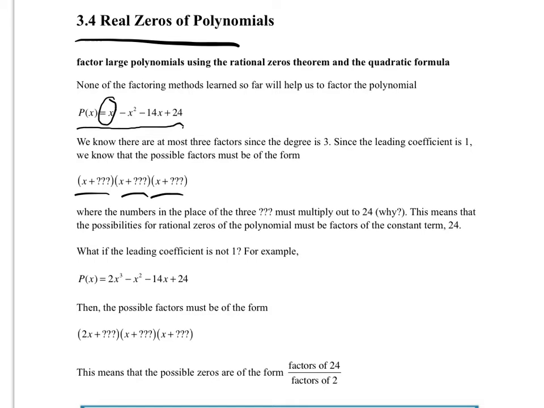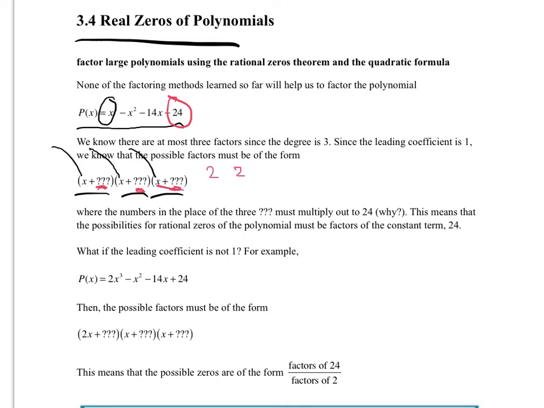And we know that in the 3 factors, if we're going to get x cubed, each of those factors must have a leading term of x, because when you multiply these 3, you will get x cubed. But the really key idea here is that the numbers that would be in the place of these question marks have to be factors of 24, which means that when you multiply these 3 polynomials together, the numbers in these question mark positions would be maybe one of them is 2 and